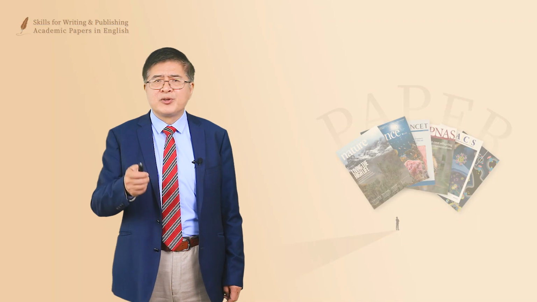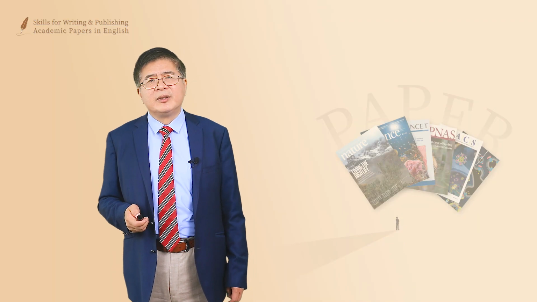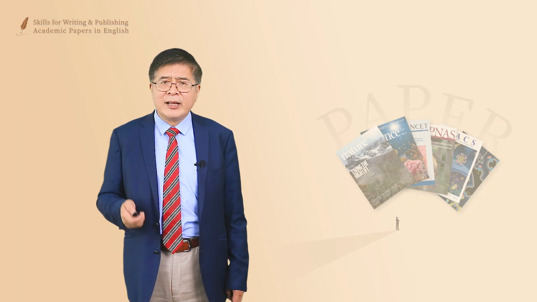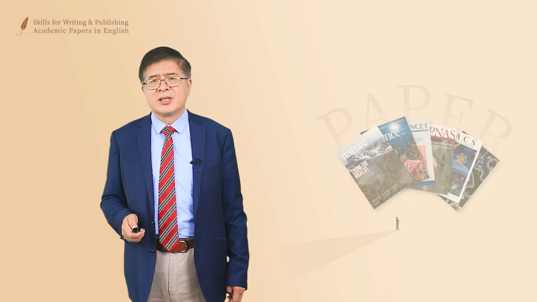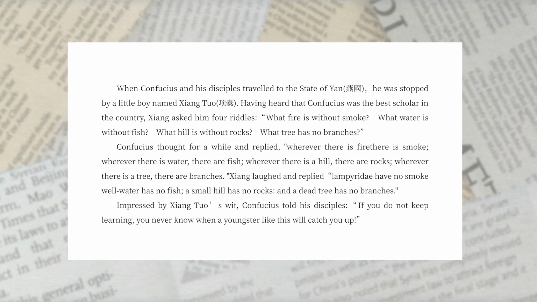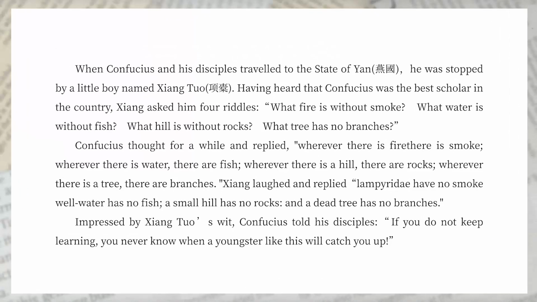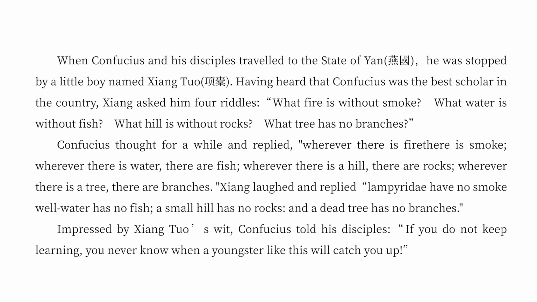Remember I told you you should try to include some interesting anecdotes or stories in your writing? In journal articles, you cannot do this. In books, you can do this. And here is an example. See the example that I provide in the humor book that I wrote. Well, it reads, when Confucius and his disciples traveled to the state of Yan, he was stopped by a little boy named Xiang Tuo. Having heard that Confucius was the best scholar in the country, Xiang Tuo asked him 4